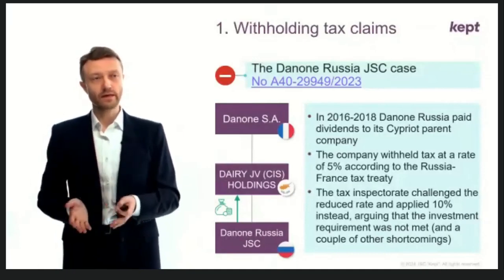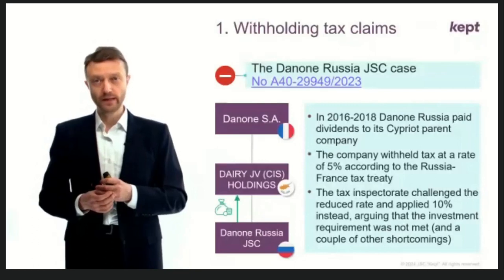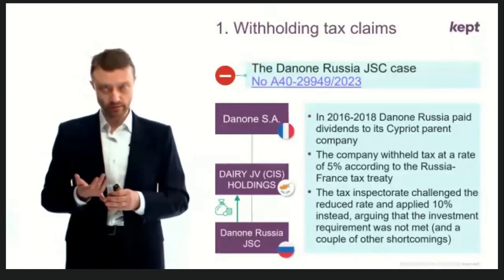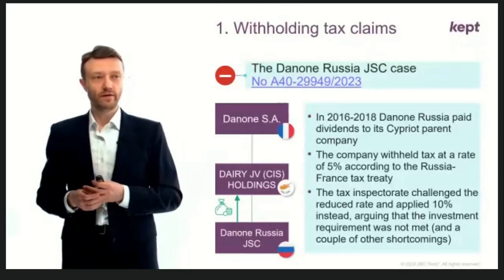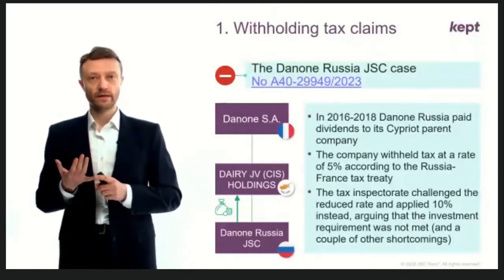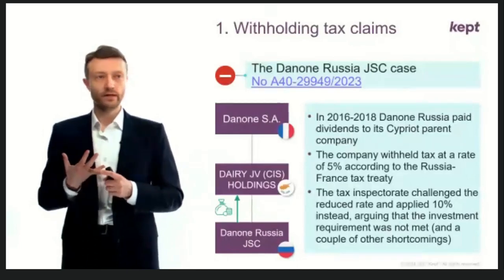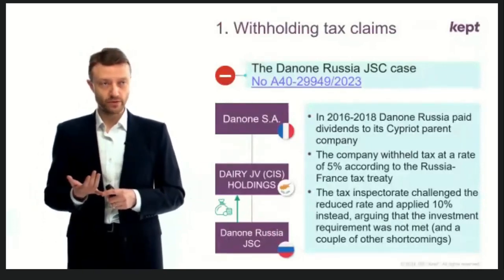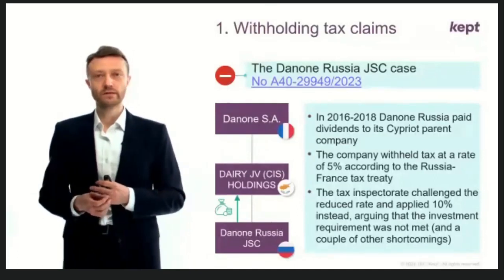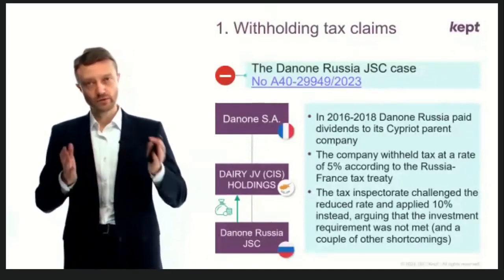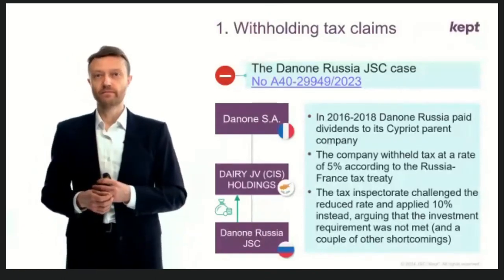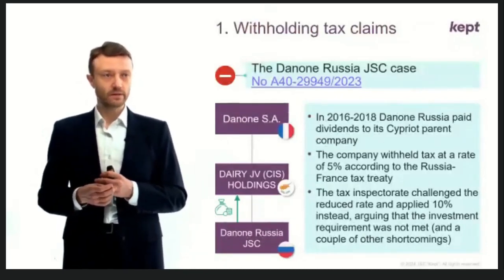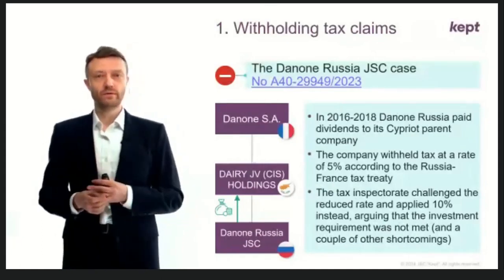and it is still the case in many other tax treaties, including the new treaty with Oman, requires that the company that claims the lowest achievable withholding tax rate, 10% in case of Oman and 5% in case of France, should either have investments into the Russian subsidiary or should have a share in the Russian subsidiary. And both criteria, both conditions, are interpreted formally by the Russian tax authorities, and there are reasons based on the wording of most treaties that formal interpretation means that there should be a direct investment, or direct participation of the beneficial owner of dividend in the Russian company that distributes dividends. And that was the main reason for the Russian tax authorities to